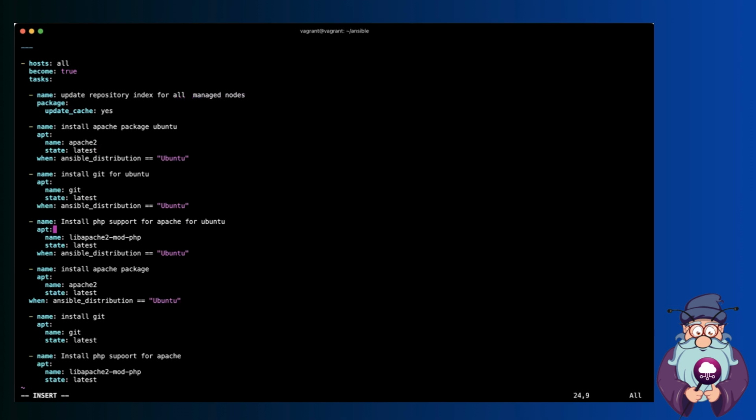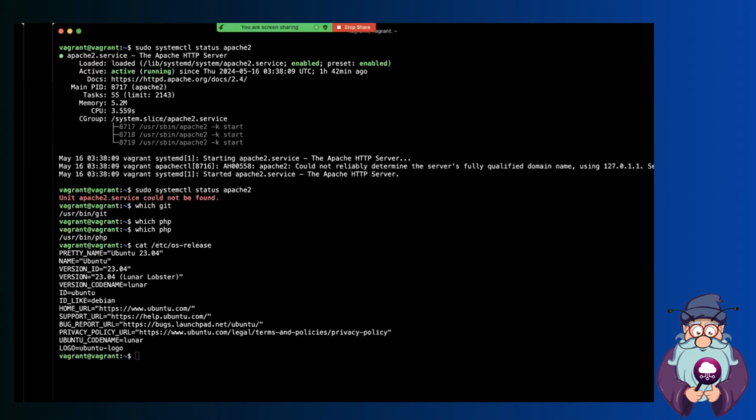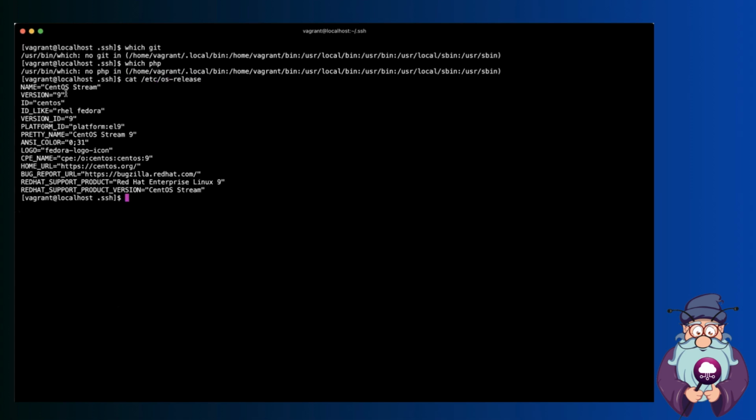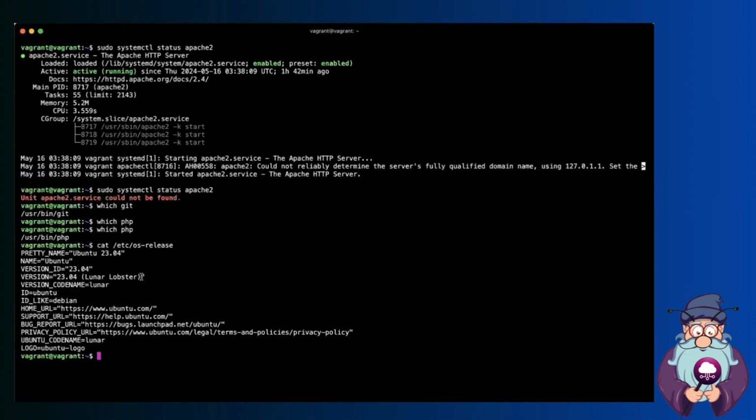Then I can scroll down to the play for CentOS. We can add the when conditional, and instead of using Ubuntu here, we're going to use CentOS. Hold on, let's go to slave 2 and check what the distribution name is, in /etc/os-release I think. So it's called CentOS with the C in capital letter. So let's quickly copy this